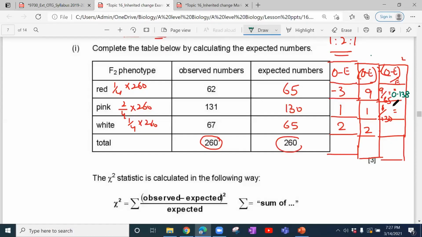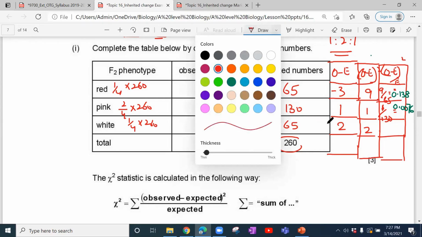So we can round this as well, to 0.0077. And the last bit that you have is